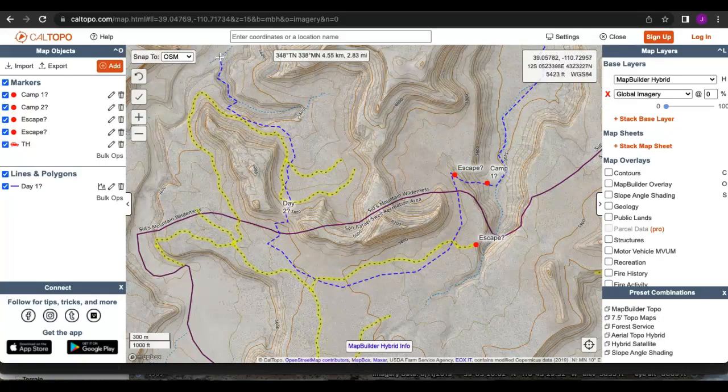To the confluence of Cane Wash, where we identified potentially a spring, standing water, a little bit more green vegetation, is 2.83 miles. So figuring out how fast a group is going to travel, especially with some route finding, maybe right out of our first camp and then up and over that pass. Let's say if we are hiking at 2 miles an hour on a good trail, 2.8 miles could take us